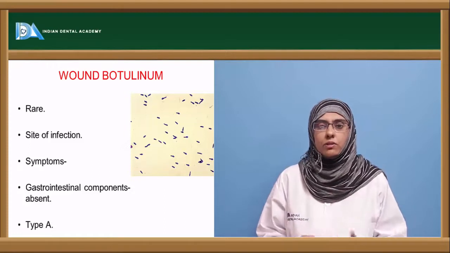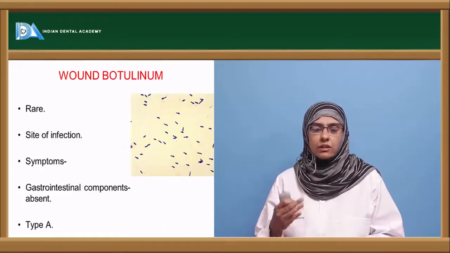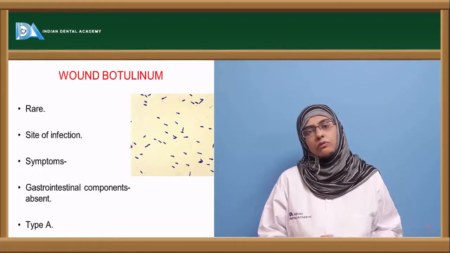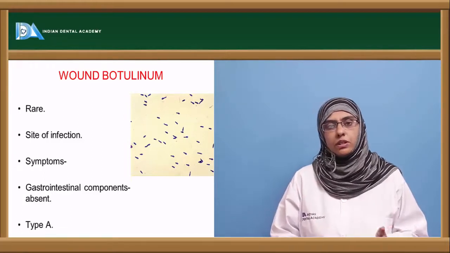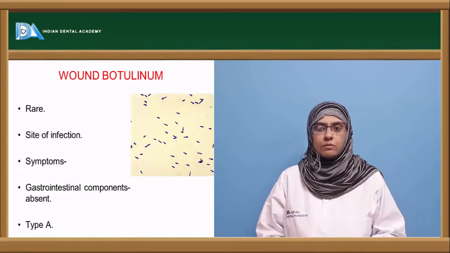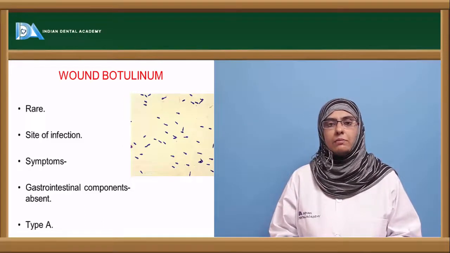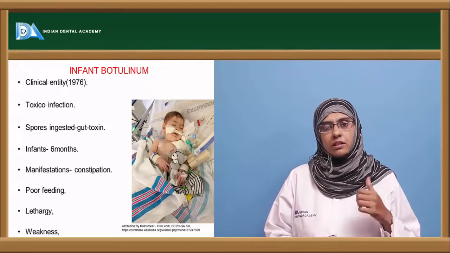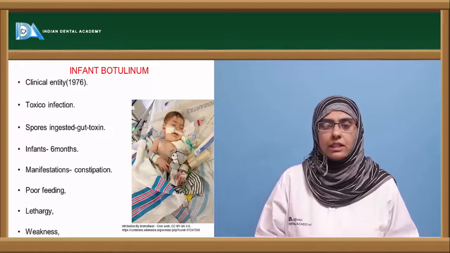So this is called wound botulism. The toxin is produced at the site of infection, and the symptoms are similar to those of food-borne botulism, except the gastrointestinal components are absent in wound botulism, and it is specifically caused by type A strains. Now coming to infant botulism, which usually causes disease in infants, and it is a clinical